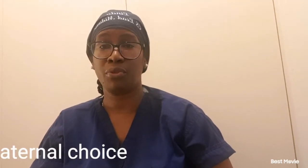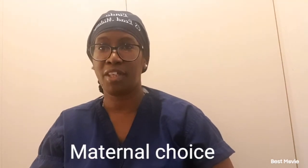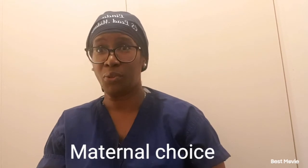Another reason for a cesarean section, this one is not a medical reason, but maternal choice. Some women might request to have a cesarean section because they fear childbirth and labor pain, which is called tocophobia. Or some women might have had a previous vaginal delivery that was traumatic for them, you know, so they're scared to go through another similar situation, so they opt to have a planned